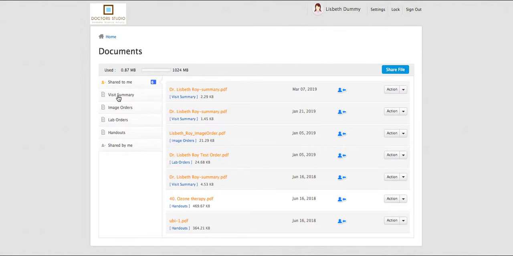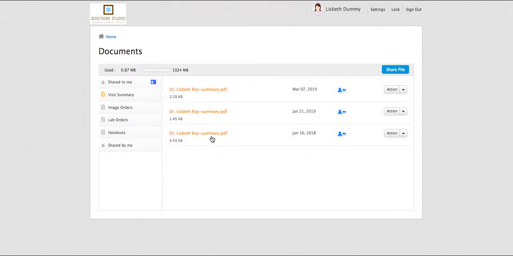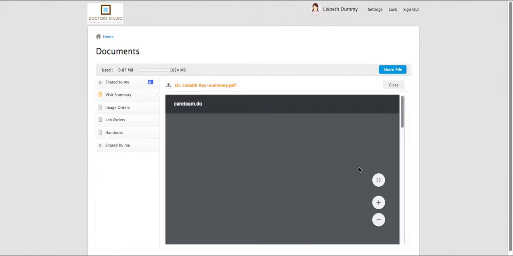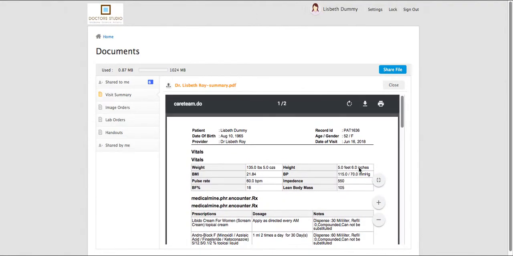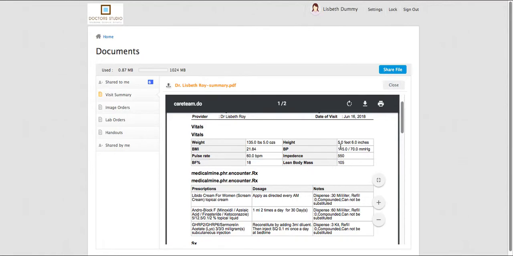The documents section is where you're going to find visit summaries. For instance, my visit on June 18th is here. I could print this out if I'd like. The vital signs,